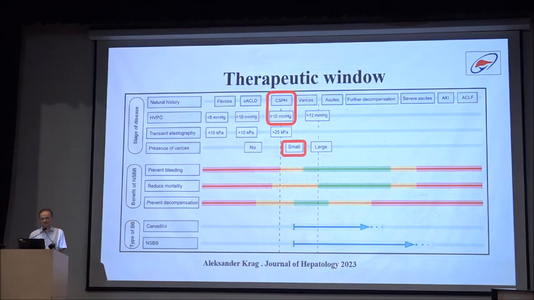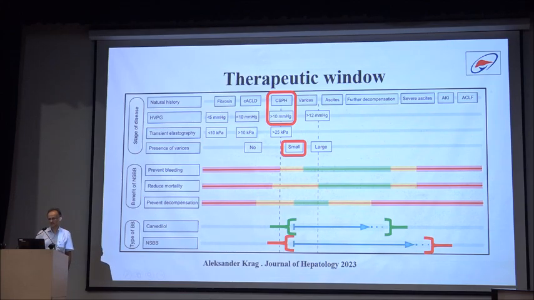It has been shown in various studies, even in the PREDESCI post-hoc analysis, that they are less effective if there are no varices, but more effective if there are small or large varices. But since they can be detrimental in the advanced stage of portal hypertension, this is a window for the activity of the non-selective beta blockers, and this window closes earlier for carvedilol because of